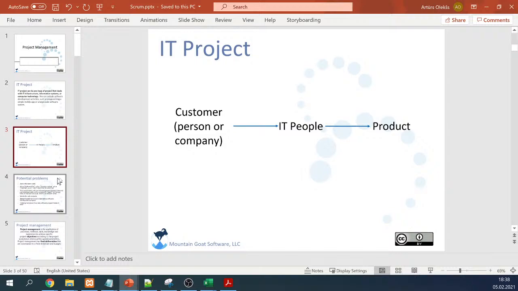And just maybe before we continue, since you can see from this structure, we have the customer. Of course, customers are the ones who pay for the project. So as you can understand, since we're talking about the money payment for the project, then the first, maybe not the main, but usually one of the first priorities is money. Because since this is a business, we usually